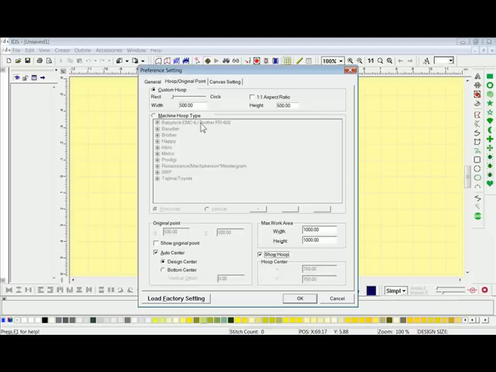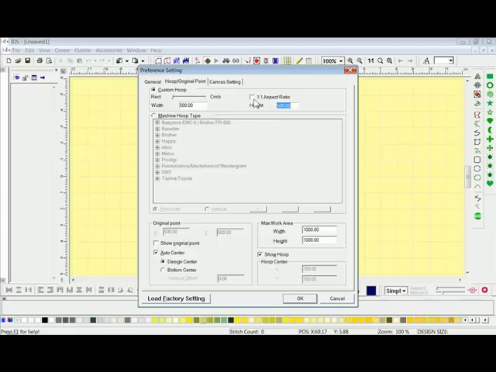And you have two different hoop types to choose from. You can choose from a custom hoop or a machine hoop type. In order to do a custom hoop, you can input your own parameters, and custom hoops are usually hoops that are maybe aftermarket hoops or specialty hoops that you have for your machine that are not within the machine manufacturer's list. You can set the width and height, and remember we are in millimeters, so we can set the width and height individually just by left clicking, holding and dragging over the number and inputting our own numbers. We can set them individually,